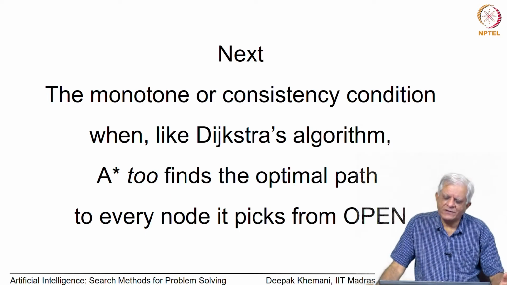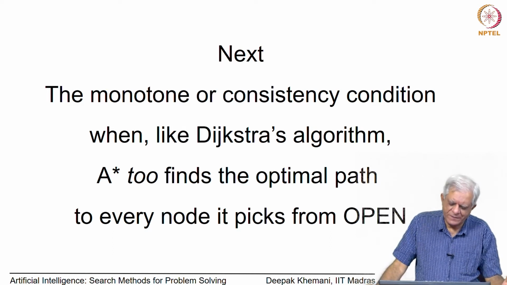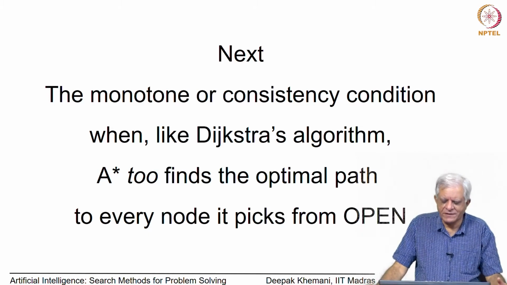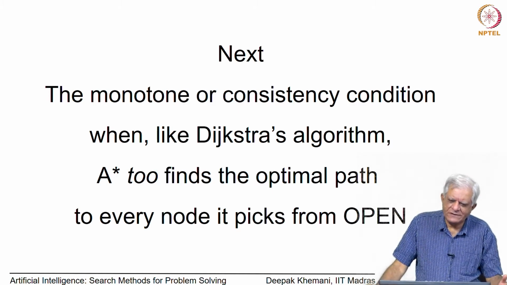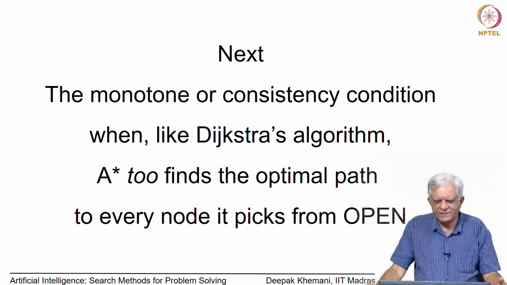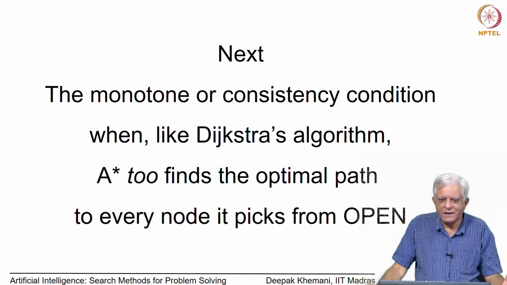So, under those conditions we saw that A star will always find an optimal path to the goal, provided a path exists essentially. We did not state any other conditions on the heuristic function. Our only concern was whether it will find an optimal path to the goal or not, and for that the condition was that it underestimates the distance to the goal at every stage. So, that particular node will always be in contention.